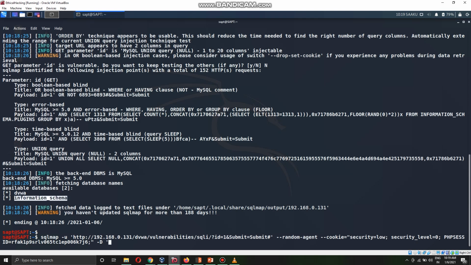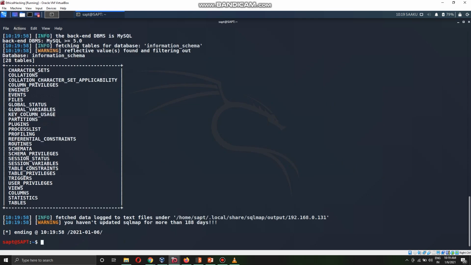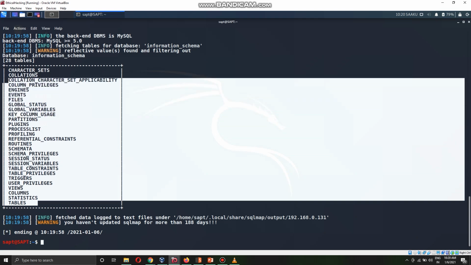So you understood that previous thing: whenever you are hunting for anything after authentication, always include the session ID in the cookie header in SQLMap. Otherwise it won't be able to work, as it is not authorized to access that content of the website. Okay, so I have selected information_schema and --tables. So now it has given me this many tables.